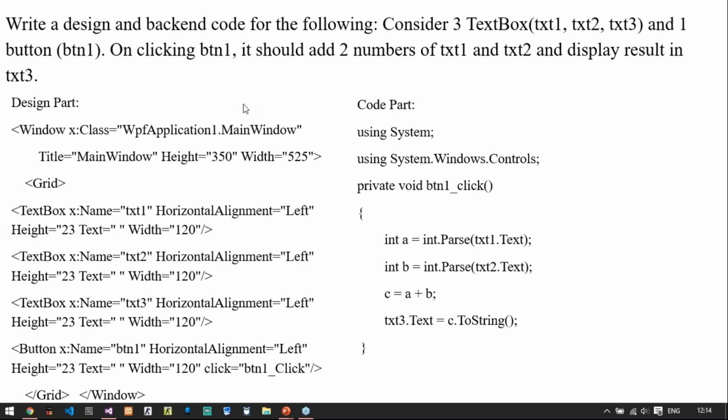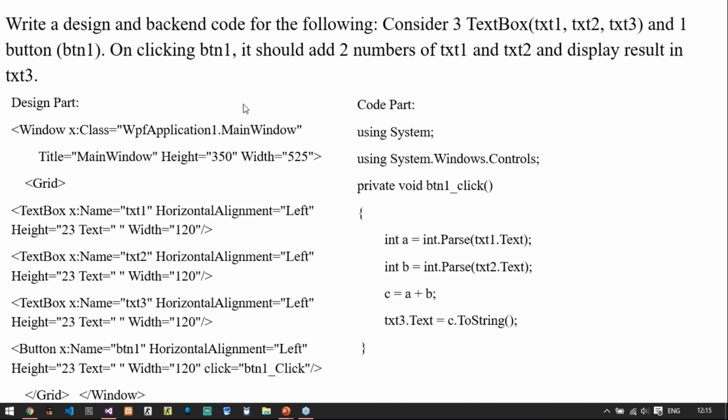And if I compare this WPF with Windows Forms, whenever we are executing Windows Forms, first it will go to the design file that has been created automatically by the software whenever we are dragging and dropping controls on the form. So first it will go to that design file, execute all the code of the design file, and then execute our backend code file. So it takes quite a bit more time to execute. But here we are providing the design as well as the backend part in the same layout. That is why it is faster.